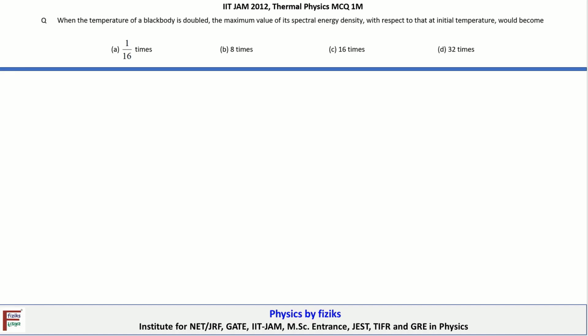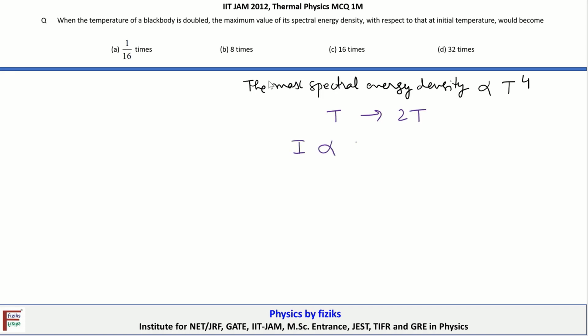Okay, so as we know that the maximum spectral energy density is proportional to T power 4. Okay, so when temperature changes from T to 2T, because intensity is proportional to T power 4, this implies I dash, which represents the intensity when temperature has changed to 2T,